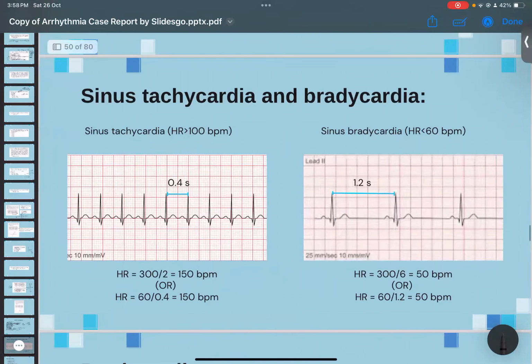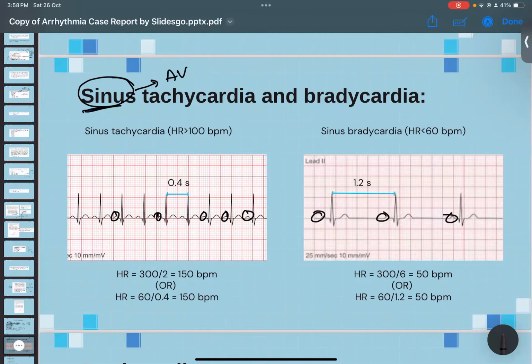Now, talking about tachycardia and bradycardia, and sinus tachycardia and bradycardia. Sinus means that your electrical activity is originating from the AV node. The way you can tell is because there's always a P wave followed by a QRS complex. There's always going to be a P wave followed by a QRS complex, because this P wave indicates that the SA node is functional. Sorry, I meant sinus means that